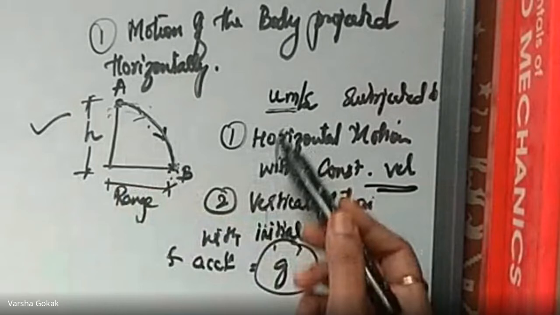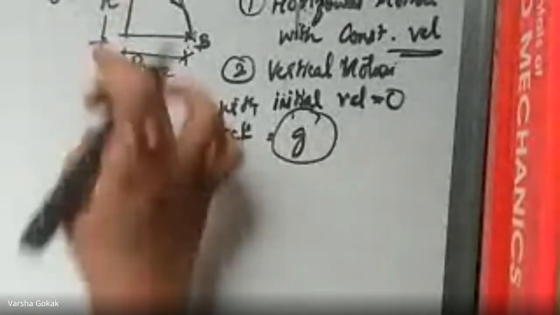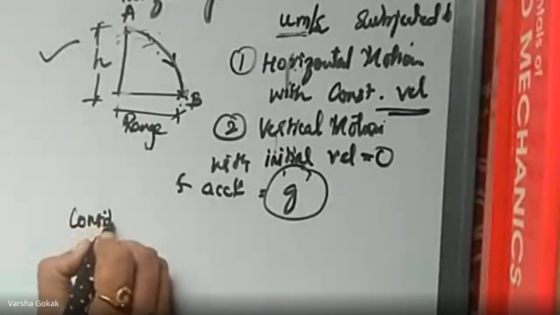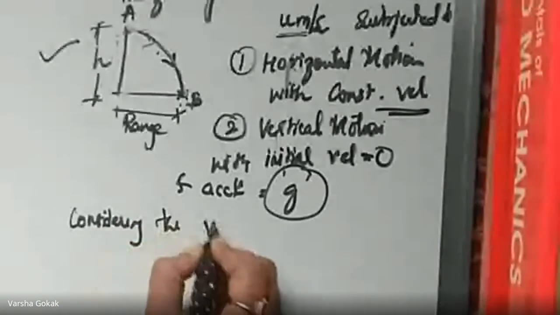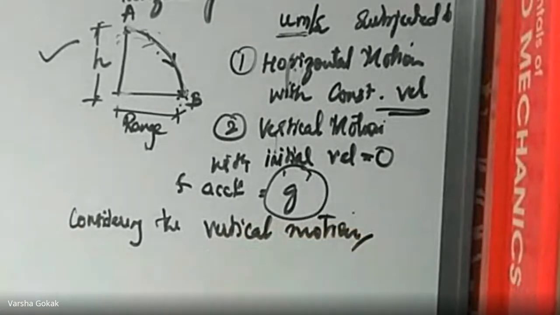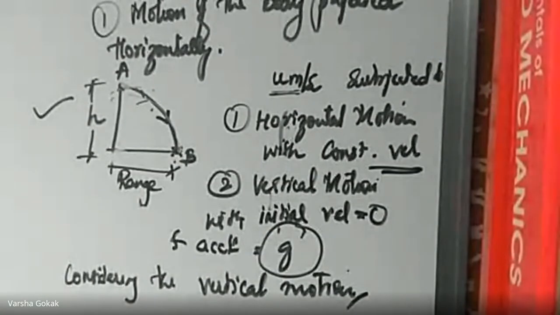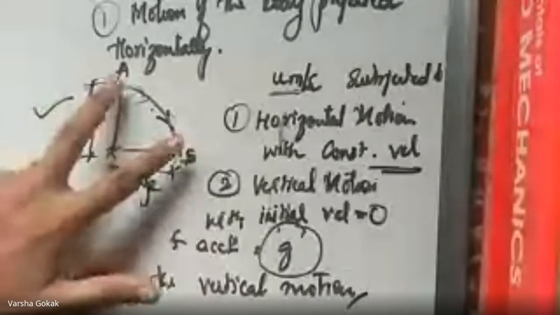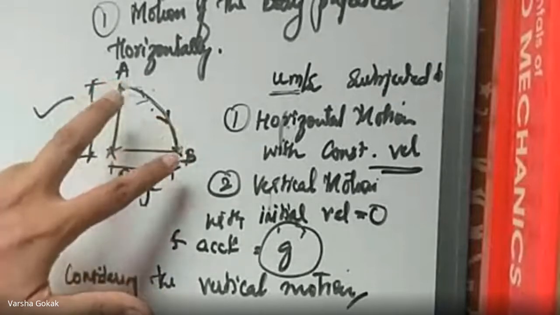Now, based on these two conditions, let us substitute into some of the generalized equations and get the values. So now I will be talking of the vertical distance. I want to find the distance. So considering the vertical motion first. Now tell me from the diagram, vertical motion means from where to where? What in the diagram, have I given a nomenclature there? What is the vertical motion? A to B. A to B is a combination of horizontal and vertical.